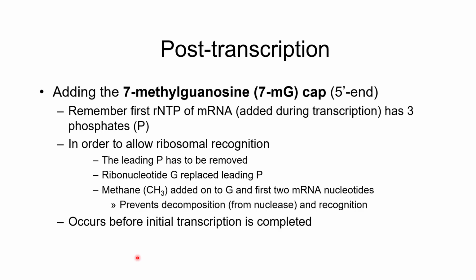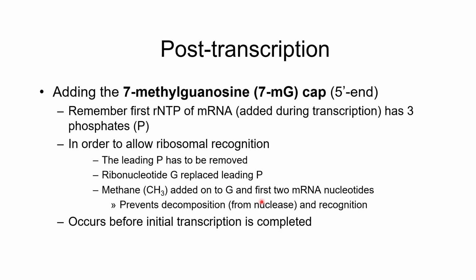So if you remember, the first rNTP that we add still has its 3 phosphate groups on it. They were never cleaved off. And in order for this mRNA to be recognized by the ribosome, we take that leading phosphate and we remove it. And we add the ribonucleotide guanine to that phosphate. Okay? And then we also add a methyl group onto that guanine and the first 2 mRNA nucleotides,